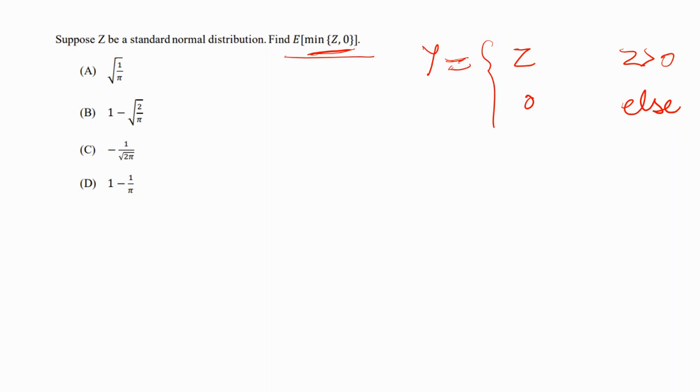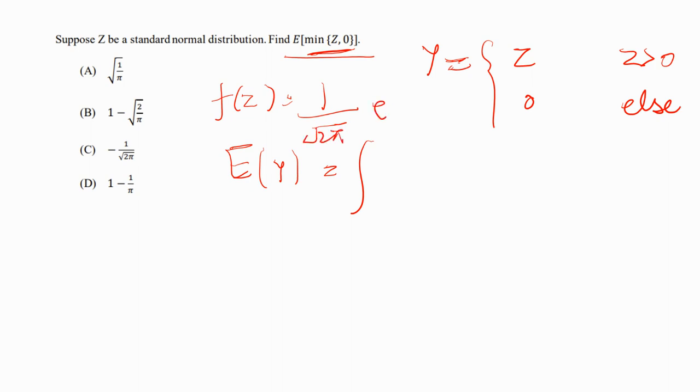Now we want to find this expectation. z is a standard normal variate, so for standard normal variate, f of z is what? 1 upon root 2 pi e to the power minus z square upon 2. Now to find expectation, what we will do is minus infinity to infinity z upon